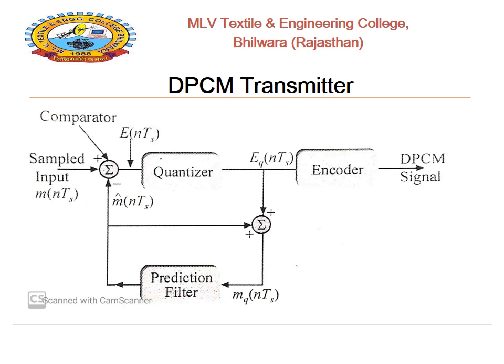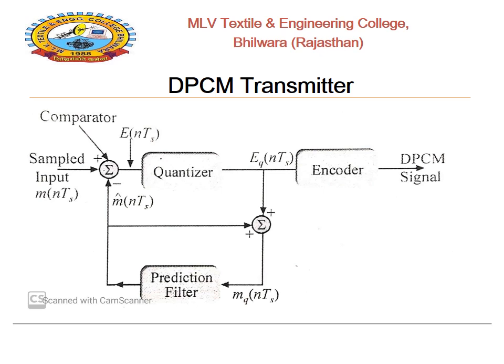The predicted value may not be exact, but it is very close to the actual sample value. The sampled signal is denoted by m of nTs and the predicted signal is denoted by m cap of nTs. The difference between them is known as the error, denoted by capital E of nTs. E of nTs is m of nTs minus m cap of nTs.